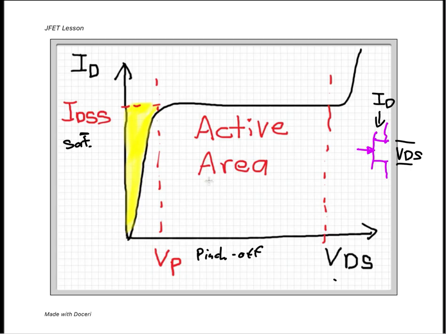Now what happens is you don't always want the current to be at a maximum, so you can have the current be constant. So this is the linear constant current area, but it's going to be less than IDSS. So just literally making up some numbers here, if that was 10, maybe then we want the current to be 8. So then this would be like this, and then this curve would be more like,